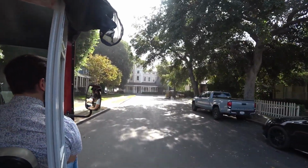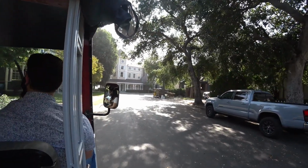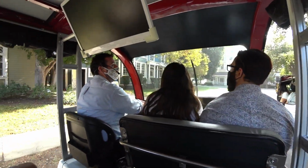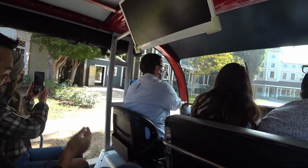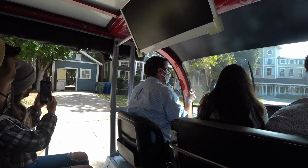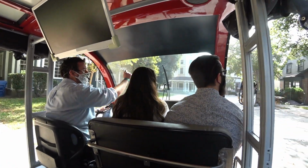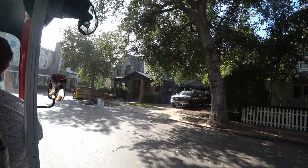Now, a little bit more about the other houses here on Kings Row. Next up, this blue house is the Gilmore house. The front side is Suki's house. The back side, Lorelai and Rory's house. It's one of the little tricks we have here at Warner Brothers. Many of our buildings will actually have different faces to them, which means they can play multiple different locations at the same time for the same production. Over to the right, that's the Phoebe house. That is where Phoebe met her biological half-brother Frank, and also where she was attacked by